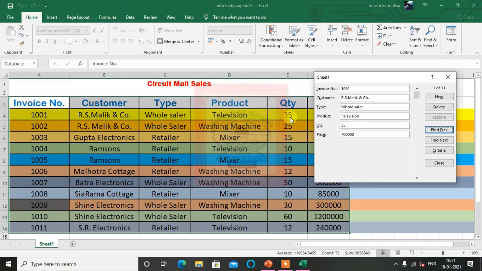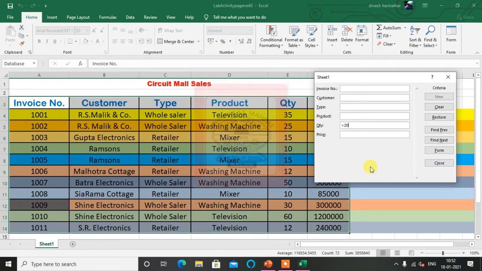More than 25: 1, 2, 3 and 4 records are there. You can see 7, 9 and 10. So these are the 4 records whose quantity is more than 25. So this way I can give criteria based on this. Let's say we can give less than also. Let's say I will give less than 20.